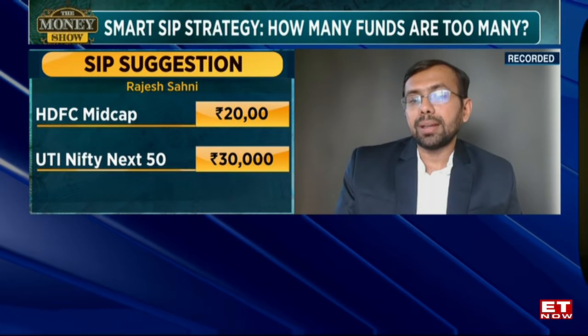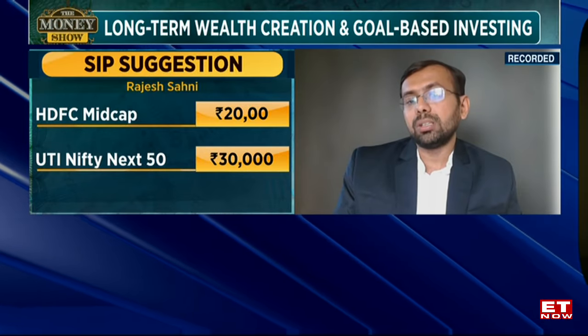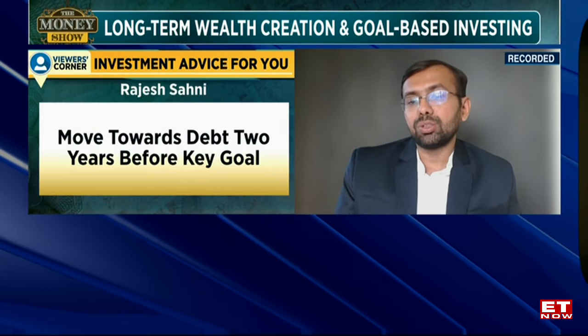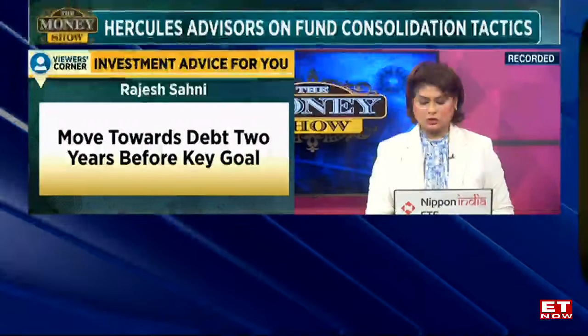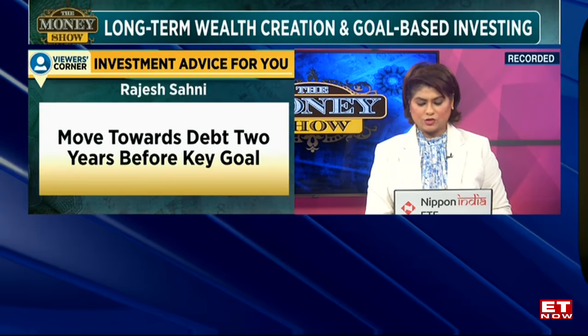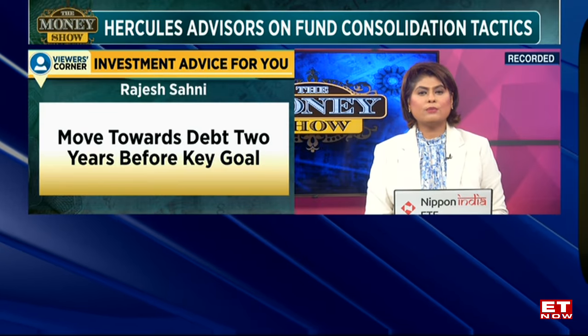He said after 8 to 10 years, he wants to lower his allocation, after which he should switch either to a balanced fund or slowly start to move towards debt funds when his goal is coming nearby. But he has made good investments, he can just tilt his investments into all of these 4 funds and he should be okay. All right, so time to consolidate and make a few changes for him. It's a good set of funds and a good amount as well. But having said that, the time duration is 8 to 10 years.